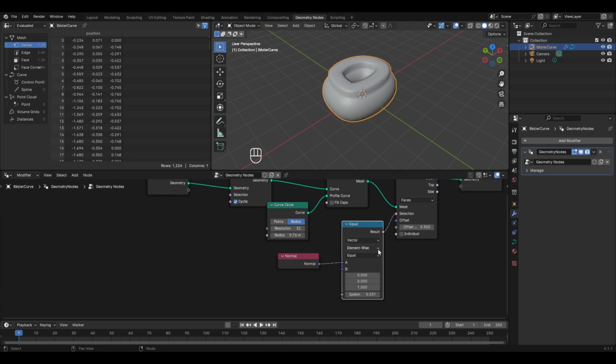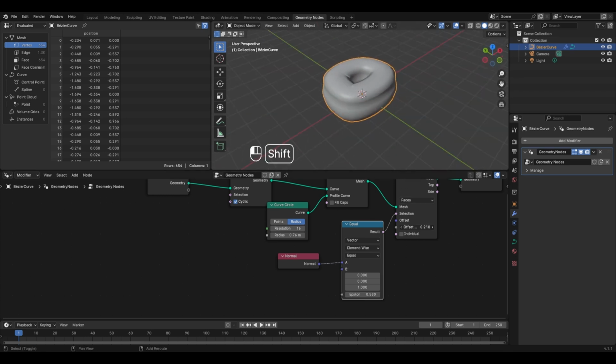Let's further increase the epsilon value from here so that it actually looks like the frosting of a donut. So let's increase it like this, and let's keep the value to that point where the structure actually looks like a donut. So this epsilon value will basically control the area to be extruded, and the offset value will control the extrusion of that area. Also to make it look better, I'll reduce the resolution from here from 32 to something like 16, and now this is how our donut is looking right now. And here I think that the extrusion at the top face is a little high, so I'll reduce it from here, and at a value of somewhere near 0.1, the extrusion looks fine.